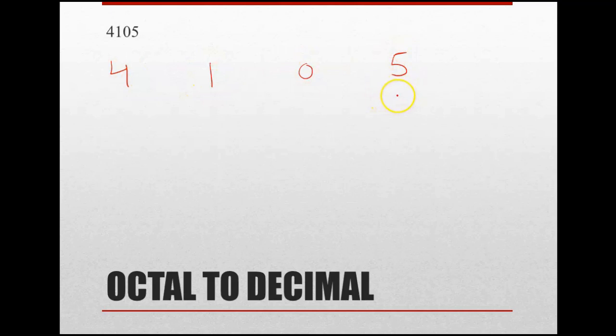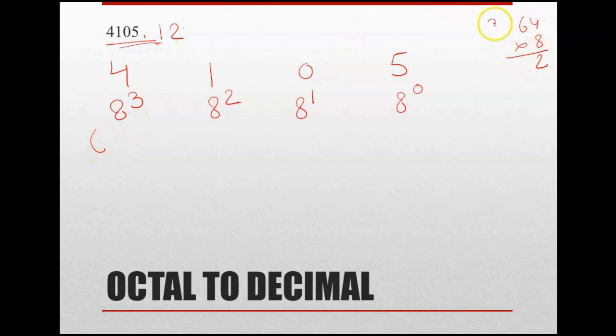You start from the rightmost digit, and this will be 8 to the power 0, because you have only the integer part, you don't have the fractional part. Suppose you have some fractional part also, then you will take 8 to the power minus 1, 8 to the power minus 2, and this is 8 to the power 1, then increase the power. Then you should be clear with the values. So 8 8s are 64, and multiplied by 8 again, 6 8s are 48, 51. So this is 512.